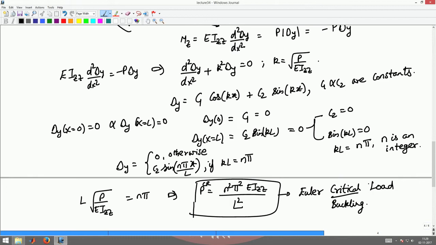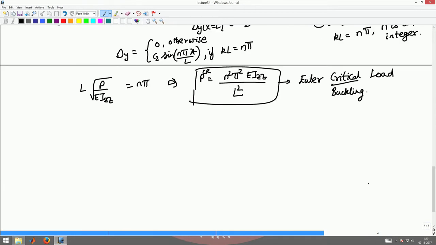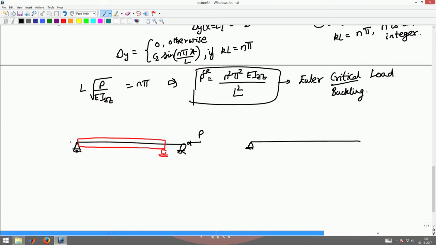Now what this means is, until P reaches P critical, this simply supported beam subject to an axial load will deform into this shape. It will expand laterally and contract horizontally. So this will be the deformed shape. If P is equal to P critical,